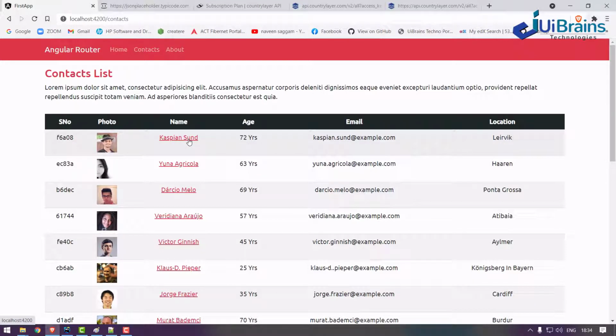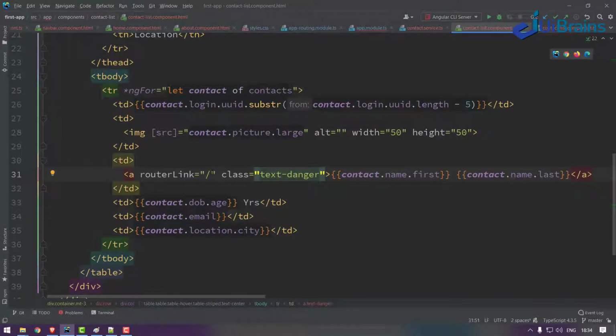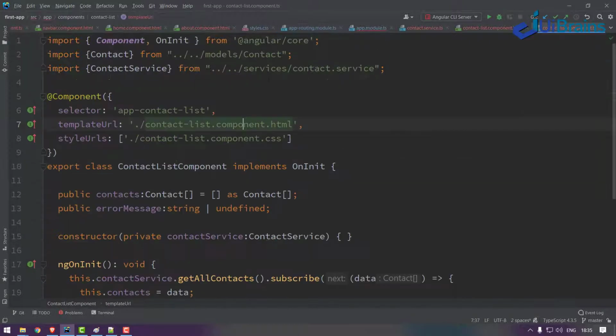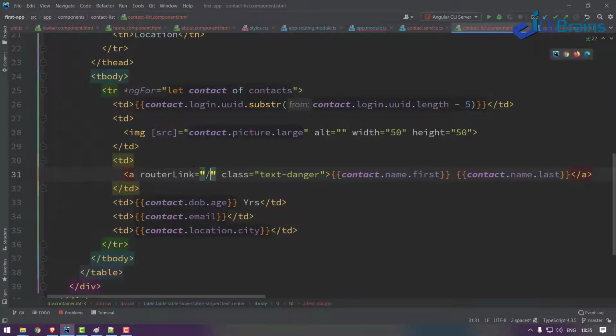When I click on this, where should it go? It should navigate to my contact slash id. This is the routing. So here, slash contacts slash id, which must be unique. Where is the id?